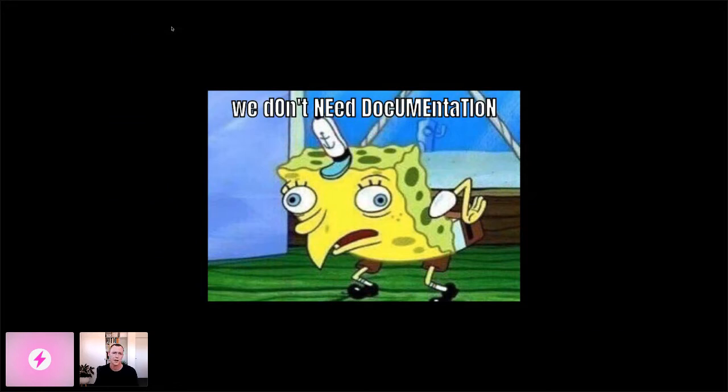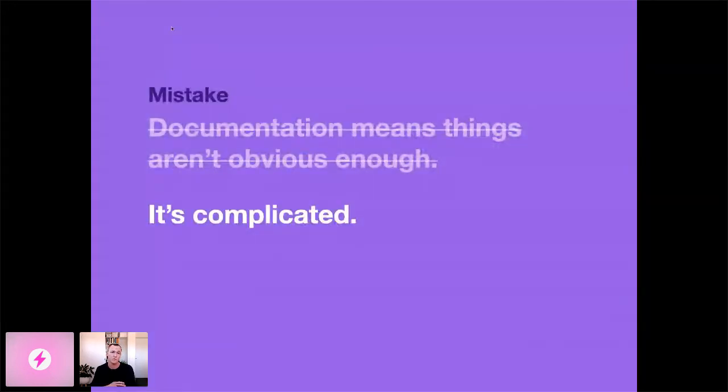I think that was highlighted by the fact that we had a new designer start halfway through this process called Nikki, and she's a great seasoned designer. She's worked with design systems before, and some of the stuff that she was using, she was like, it makes no sense to me. Stuff that was really obvious to me wasn't obvious to her. So that was a really good eye-opener to the fact that it's complicated. I'm going to touch on how we do documentation in a second. But the punchline of that is that it's complicated. So sometimes we have documentation on the component, sometimes we have it written out, sometimes we have web guides, but it needs to be obvious to the designer. And I'll show you some documentation in the demo,